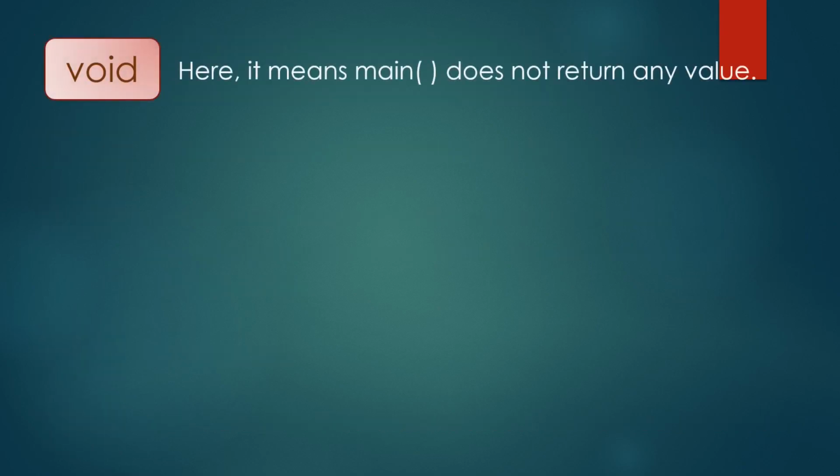Okay, so our next term is void. As the name suggests, void means empty, there is nothing. Here it is used in the sense of a return type, that is, whose return type is nothing. Here we use void, meaning, as in the example, the main method does not return any value, so the main method is declared as void. Why the main method does not return any value, we will see in our upcoming tutorials.